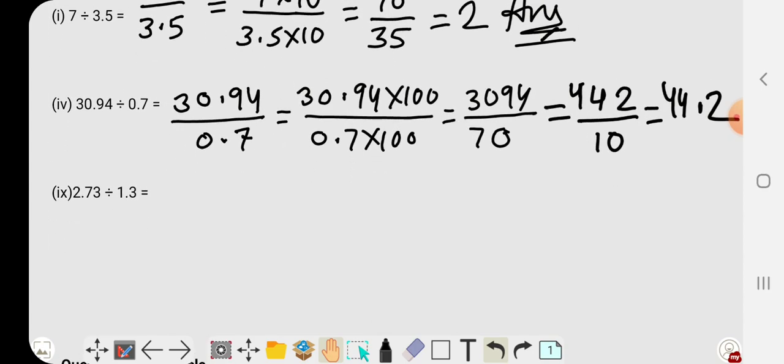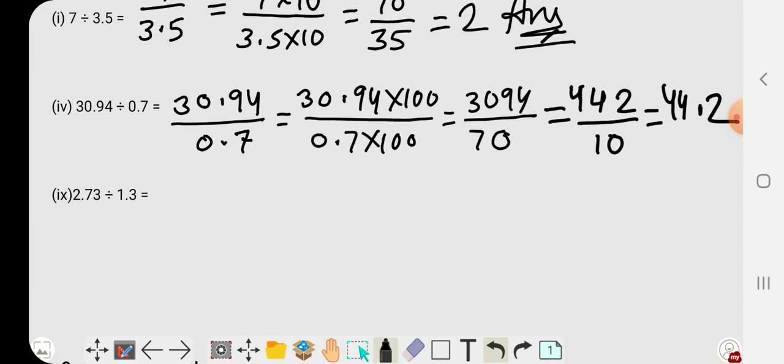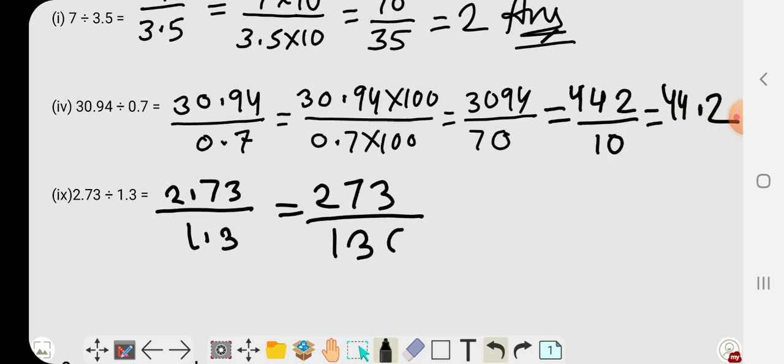Next is 2.73 divided by 1.3. We need to multiply by 100 in numerator and by 10 in denominator. So 100 is the bigger number, so we will multiply in both numerator as well as denominator by 100. We will get 273 upon 130. You have to check 13 is a prime number, so it will be cancelled by 13 only, but